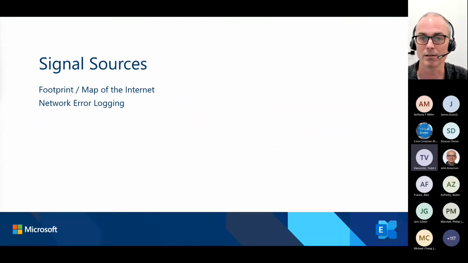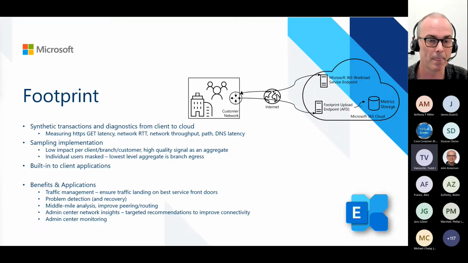So where does that signal come from? Two places. Footprint is probably the biggest. Some of you are aware of Footprint. We've talked about it at a high level over the years, but think about this as Microsoft Office clients occasionally going and running, and when I say occasionally, I mean very rarely, going and making a small request out to a Microsoft endpoint